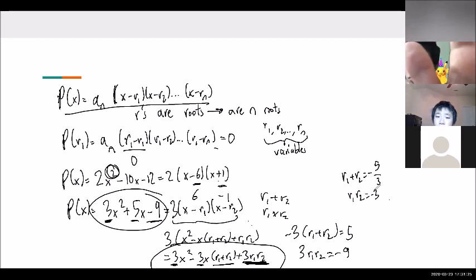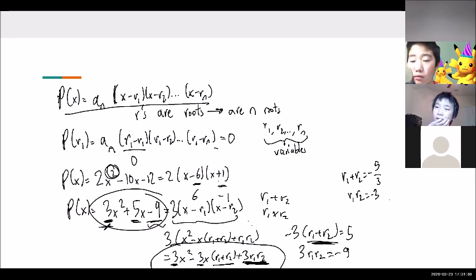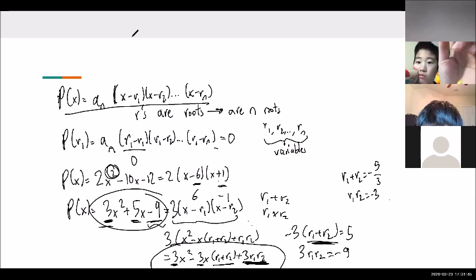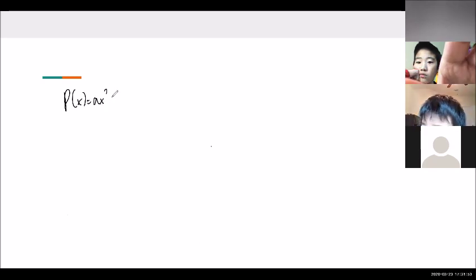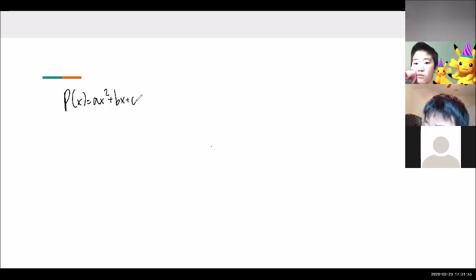If this derivation of why this is true confuses you, then just remember this. The sum of the roots over here is equal to minus 5 over 3, and the product is equal to minus 9 over 3. Let me generalize this. Let me clear this. If you have a polynomial, like a quadratic, p of x is equal to ax squared plus bx plus c, or some random coefficients, then the sum of the roots r1 and r2